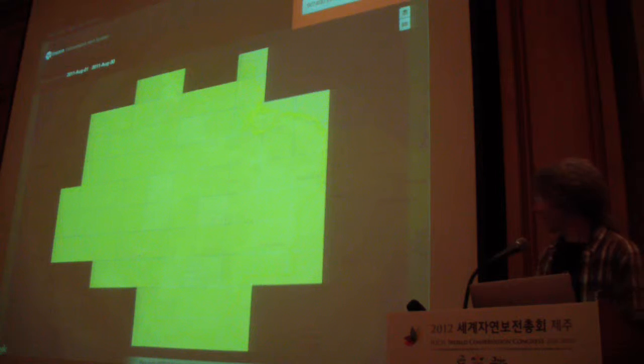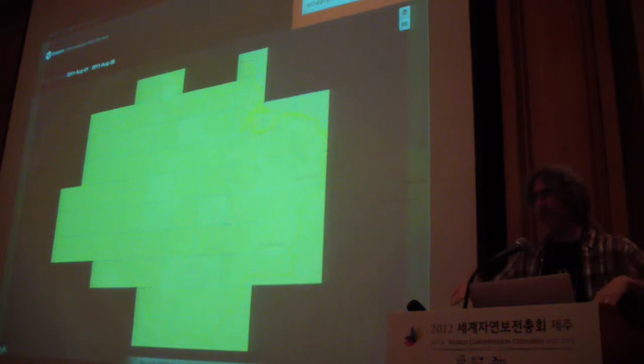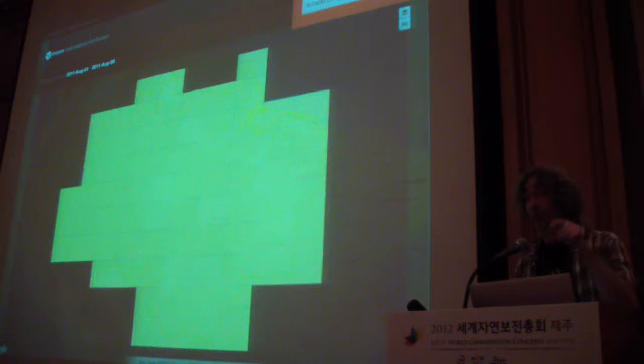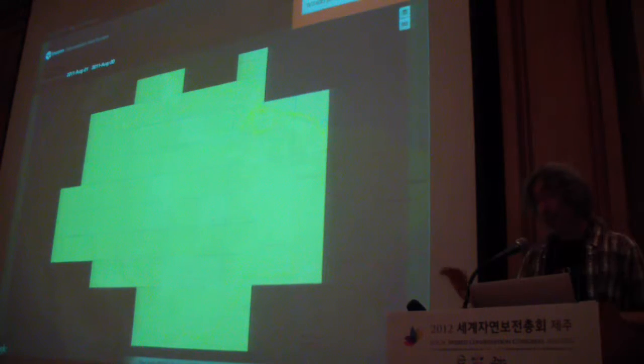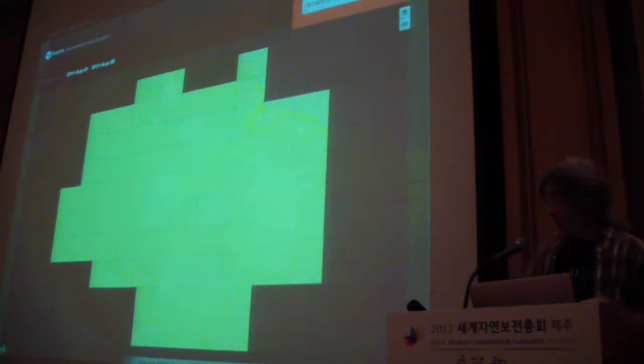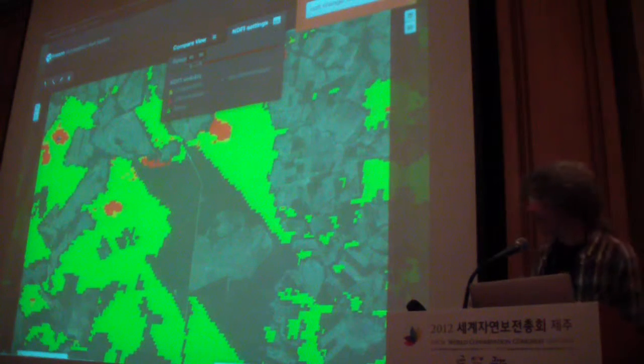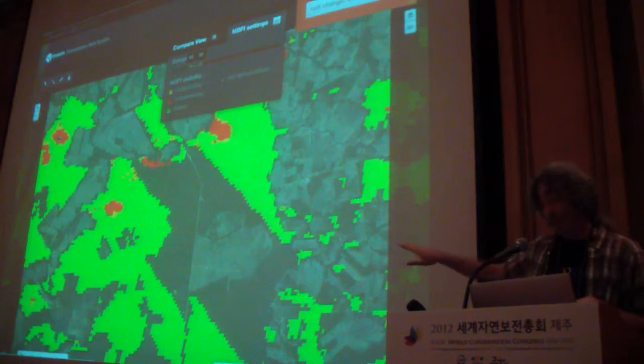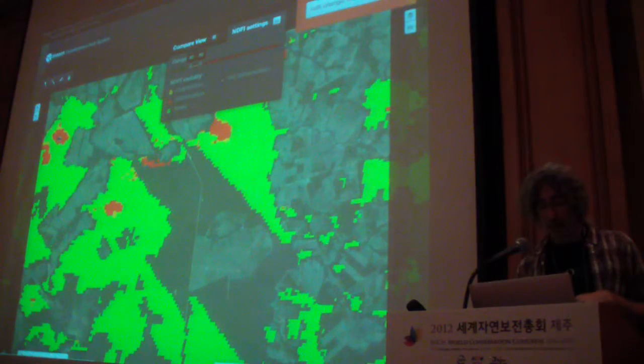And here's some examples of it. So they have a validation tool. The way their process works is they have an algorithm for detecting deforestation. It runs on satellite imagery, and then it comes up with predictions of where deforestation happened. And then they have experts who go through and validate the algorithm to make sure that it's right everywhere. So their validator will go to this tool, and they'll choose a cell in the Amazon, and they get a result that looks like this,